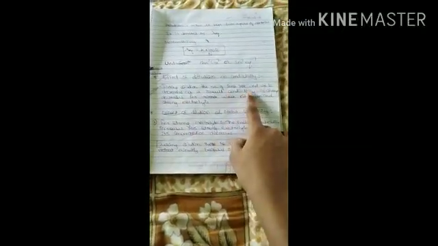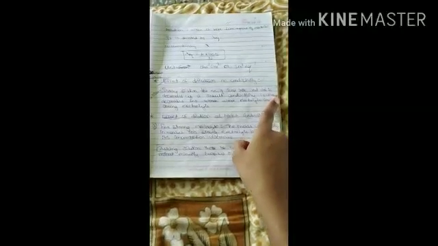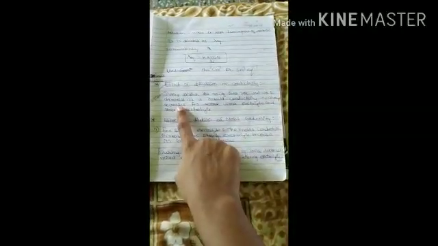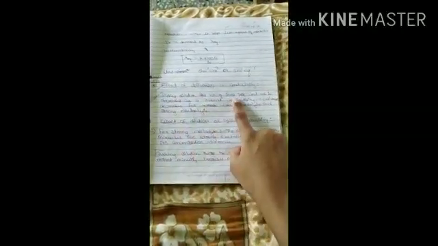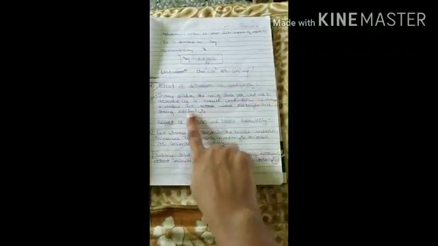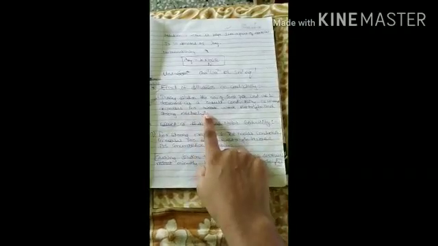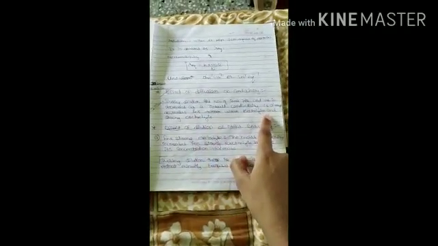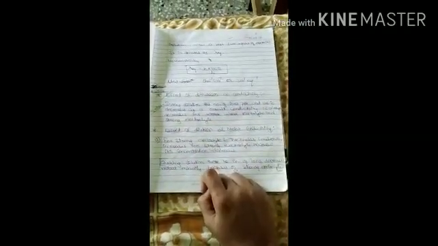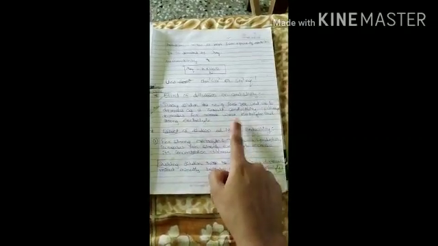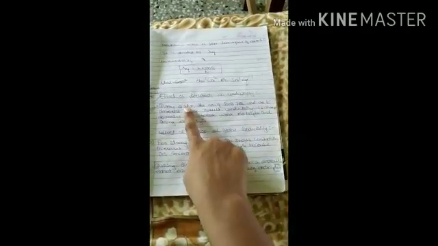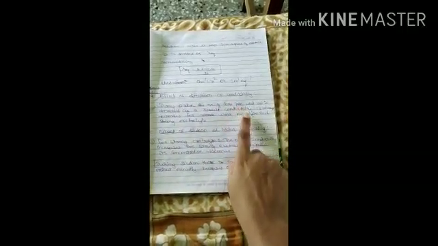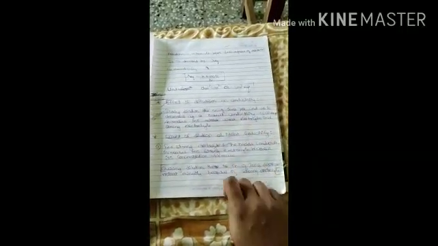During dilution, the number of ions per unit volume decreases. What will happen? If you dilute, the ions per unit volume decrease. As a result, conductivity always decreases for weak electrolyte and strong electrolyte. Conductivity will always decrease on dilution. As there is a dilution, the conductivity will decrease in weak electrolyte or strong electrolyte.